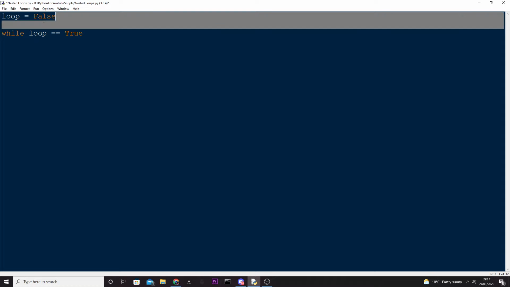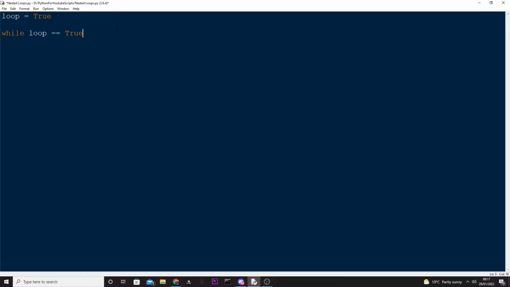So let's start with a variable, let's call it loop. And we'll set it equal to false. So it's a boolean variable called loop. Actually, we'll set it to true by default. While loop equals true. Then we'll say for